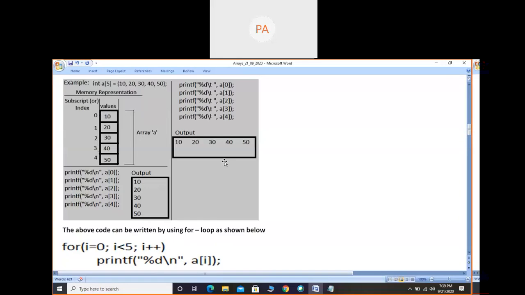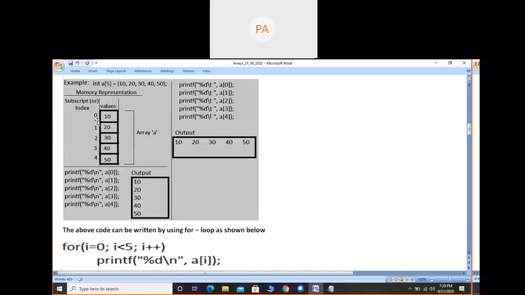So how to write, I will tell you. Look at the size first. Size is 5. Then look at the starting location. Starting location is 0. And look at how many times the index is incrementing each time. From 0 to 1, one time. From 1 to 2, one time. From 2 to 3, one time. That means the index increases by only one each time. After 0 it is not 2 directly, or after 1 it is not directly 3 or 5. It is increasing by only one.